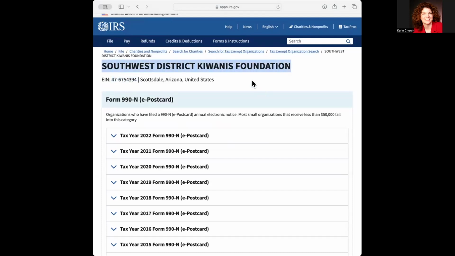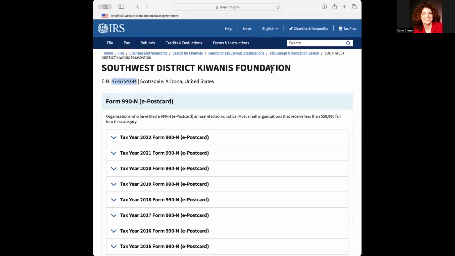So you're going to have to do the extra step of reaching out to your donor and saying, when you do your IRS search on their website, it's going to say Southwest District Kiwanis Foundation. Here is my SS4 form that shows that this EIN number belongs to our club foundation, but since we're under the Southwest District Kiwanis umbrella, that's the name that comes up on the IRS website. It's just an extra step you're going to have to do because of the convenience of filing as a subsidiary